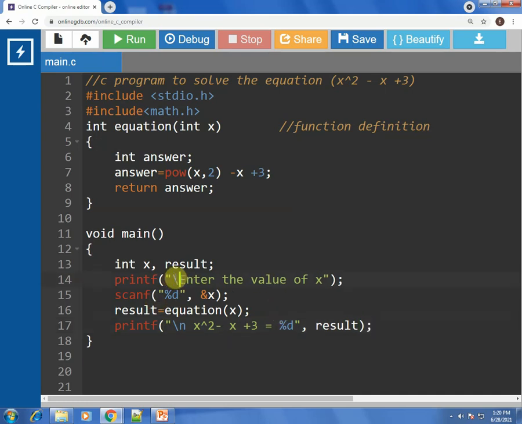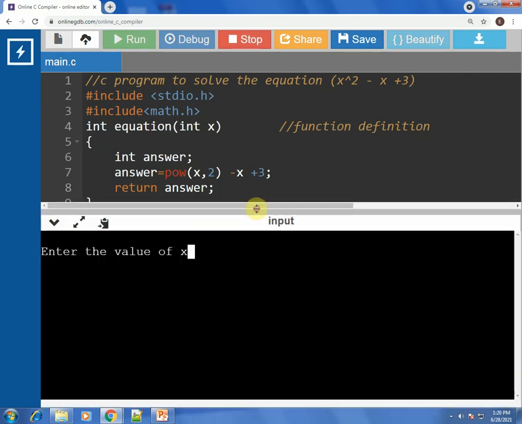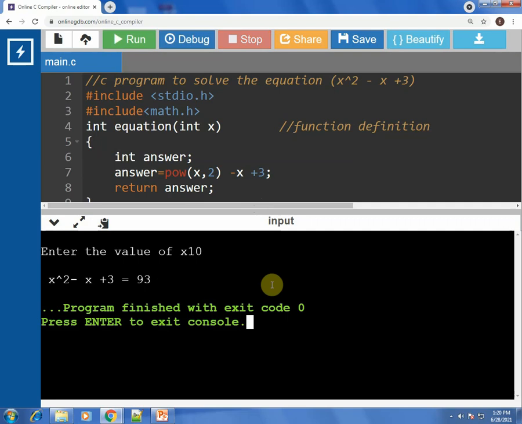That is it. We are done with the program. Let us have a look. If we're getting any syntax errors, let us run the program and see. No syntax errors. Let us enter the value of x as 10. If the value of x is 10, then it will be 10 square, which is 100, minus 10, which gives 90, plus 3, which gives 93.